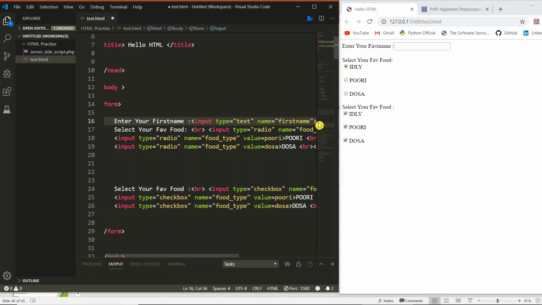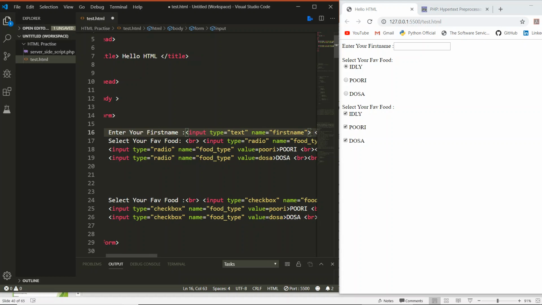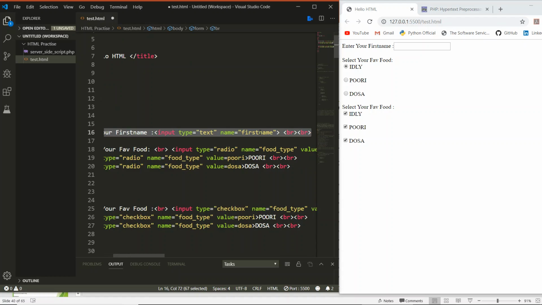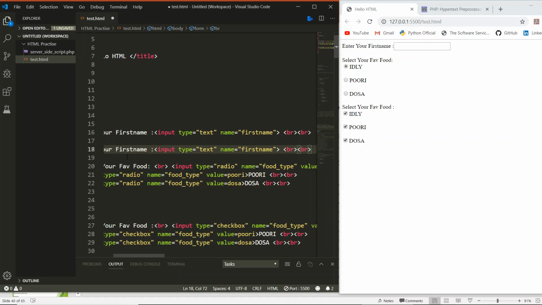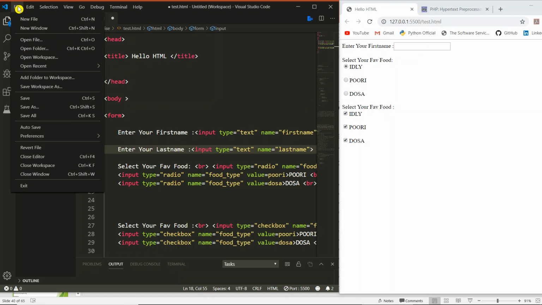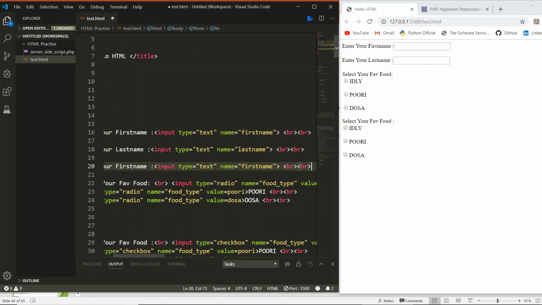Okay. For interactive purposes, let us take last name also. So I am copying this little bit of code and making it a last name because I am lazy to type everything. Last name, text, and it is also last name. Okay, so enter your first name. Next, at the bottom, last name will also come up. Okay, and do save. So enter your first name, enter your last name, and let me make use of password also. Enter your password,